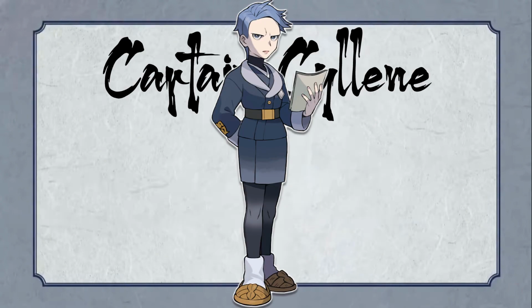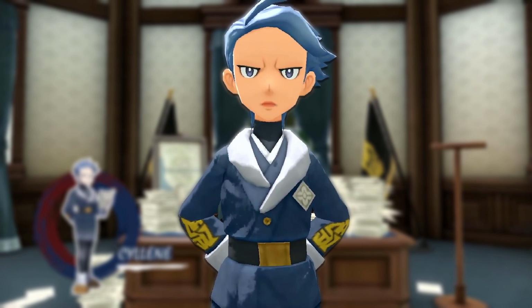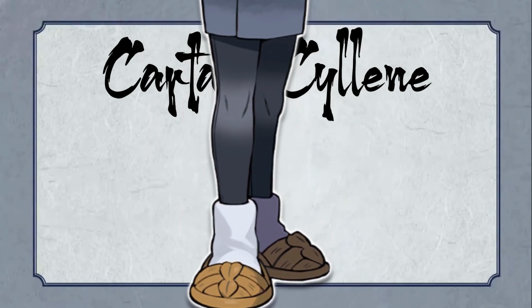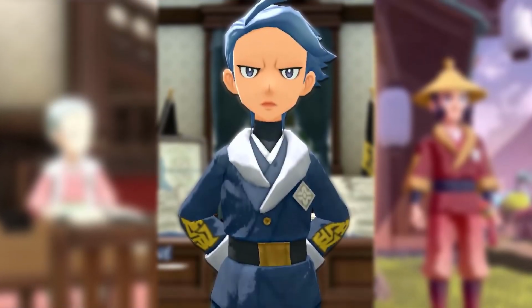Cyllene wears the same Survey Corps uniform as the protagonists, with the Galaxy Team logo on both forearms, and the Survey Corps emblem on her left breast. It's a blue kimono mixed with a coat and a skirt and what I guess are leggings, all culminating in some straw shoes. What's interesting here is that in the trailer, we were revealed there's going to be 3 different